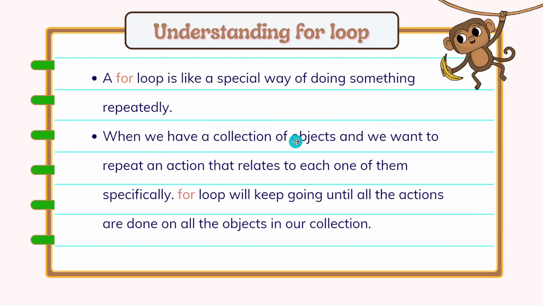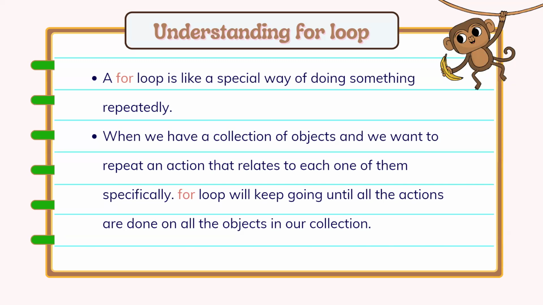When we have a collection of objects, in another definition of a for loop, when we have a collection of objects, object means whatever has properties. A person has properties like height and weight. A phone has properties like weight and size, and a car has properties like these too. Those are the properties of an object, and we have a collection of objects and we want to repeat an action